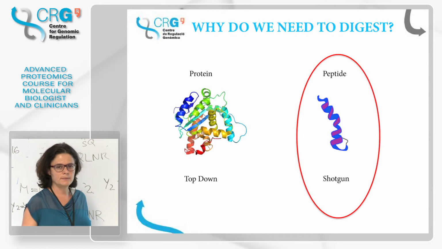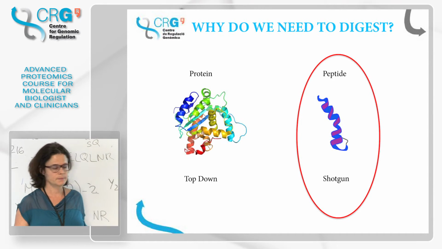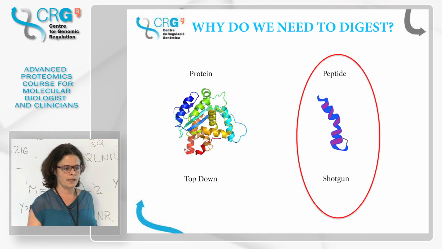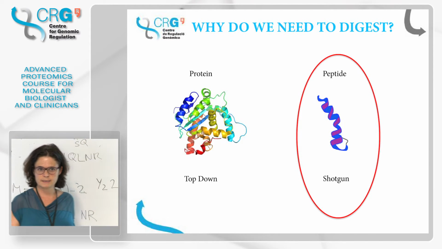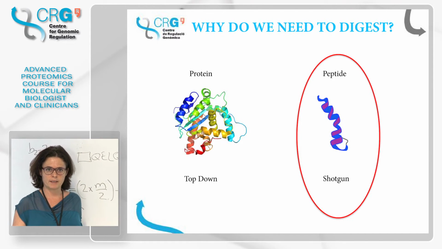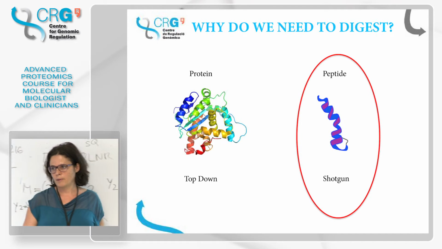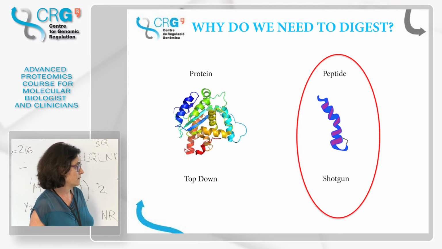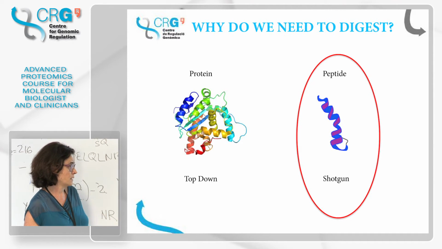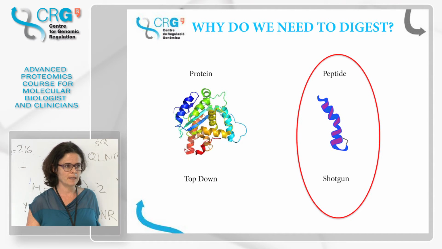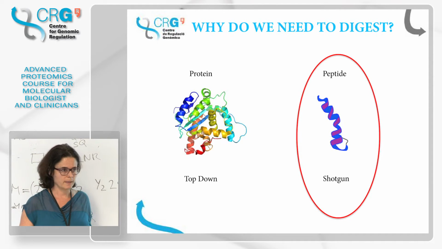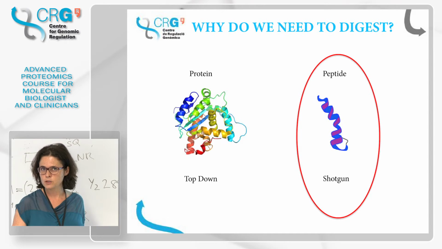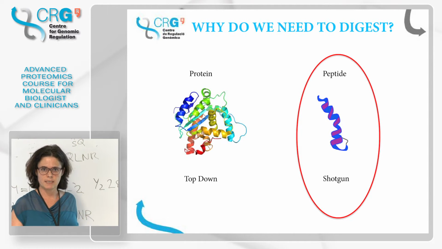But the sensitivity at the protein level is much lower. And also, now we have been working on peptide fragmentation. You have seen how complex an MS spectrum of a peptide can be. When we are talking about proteins, it becomes much worse. But, as I'm saying, they are mainly technological reasons. So probably in the future, when the instruments are better, more sensitive, and the fragmentation is improved, we will work with proteins. But until now, most people are still working at the peptide level.